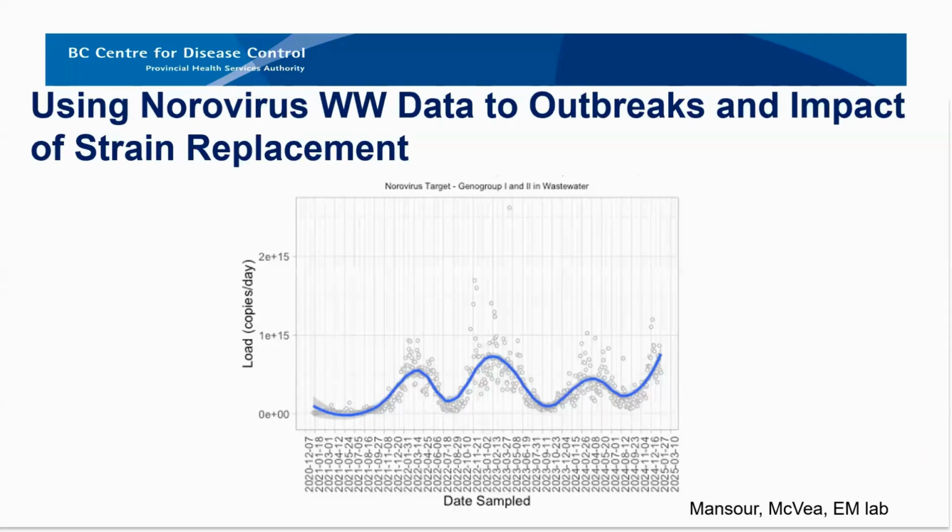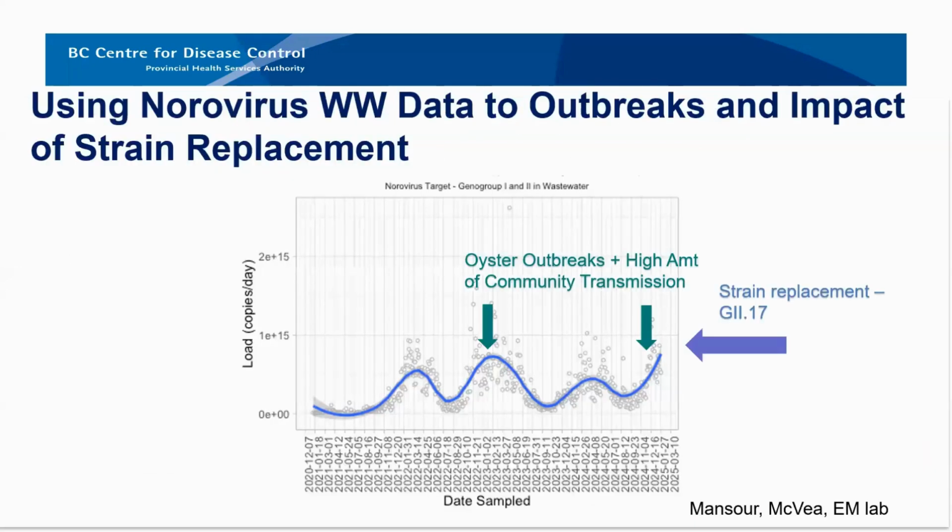One of the things that we notice, and if you just click forward twice, Mayank, there, oh, just once there, okay, perfect, is that some of these peaks are associated with very specific events. If you look at the first peak that I've highlighted there, actually there's two peaks. These peaks are associated with a time where there were outbreaks in oysters, as well as a high amount of community transmission. And also what Mayank was saying is that we are continuing on this upward trend. We might be just starting to see the top of the mountain right now, but we have seen concentrations higher than we've ever seen before in wastewater, and this seems to be associated with G2.17.